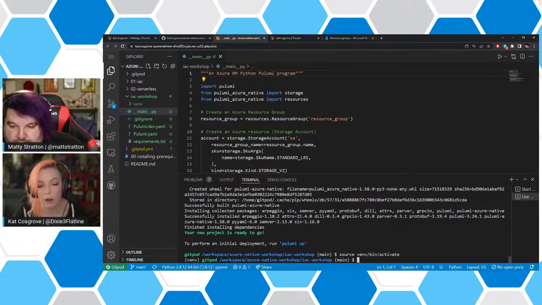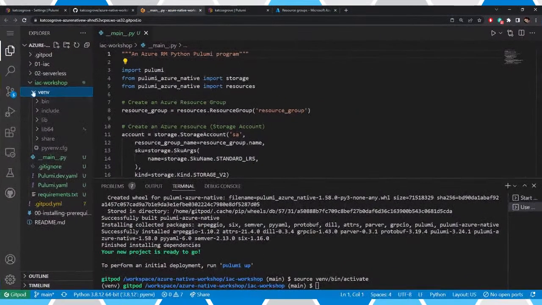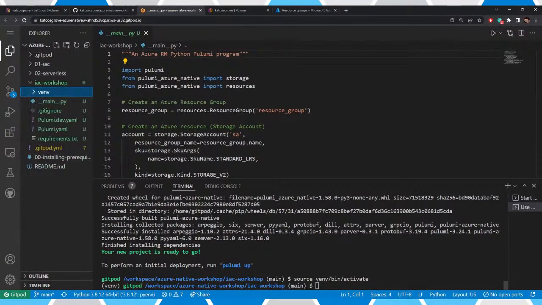So now I'm inside of the virtual environment. You just set your source to this directory that was created by Pulumi, and that includes a binary to activate the virtual environment. There are other ways to manage virtual environments in Python. This is the one that is built into Python, the one that comes with it, but there are third-party packages that do it a little bit differently. So here we are inside of our virtual environment. If I wanted to install all of my requirements manually, which you may need to do if you end up on a new machine,